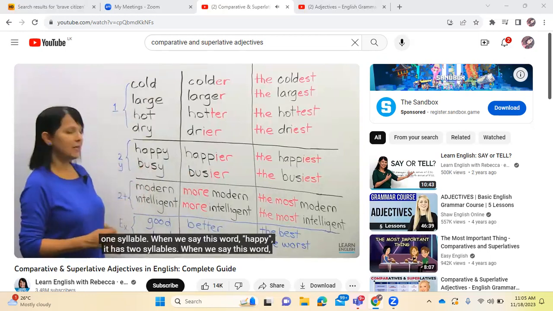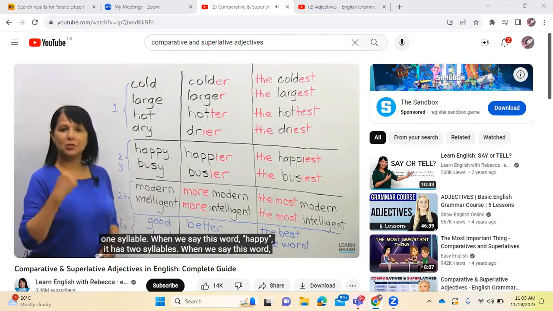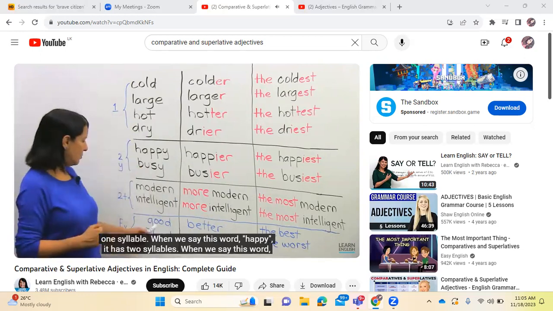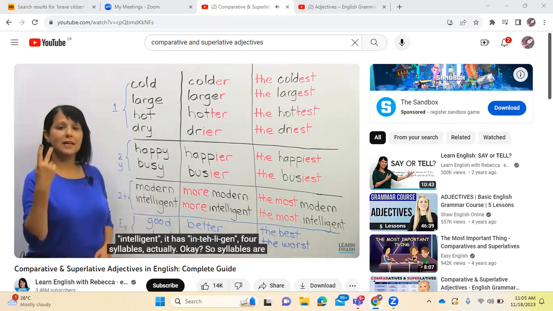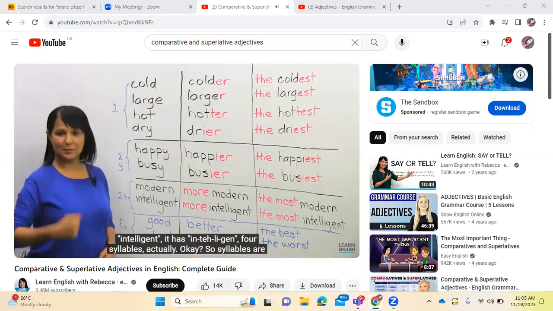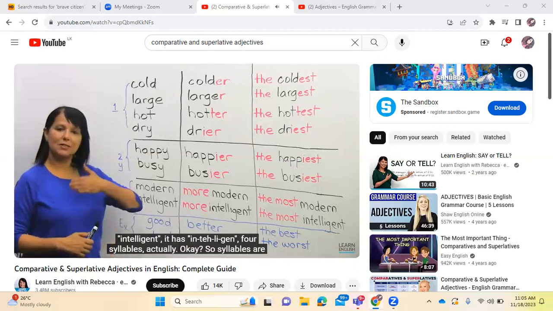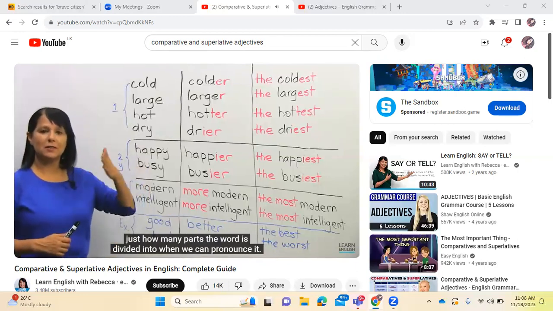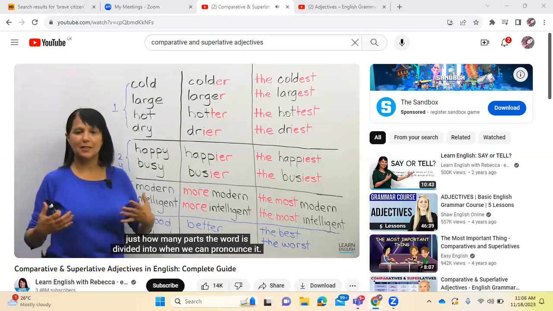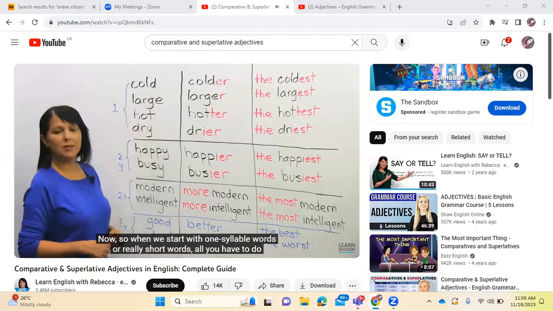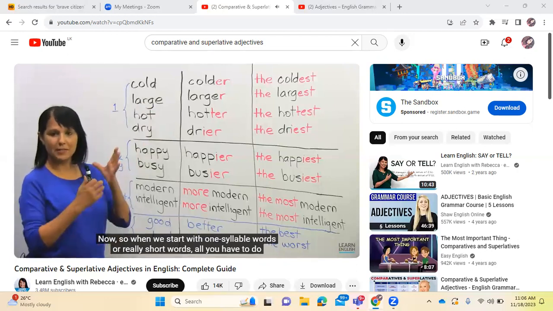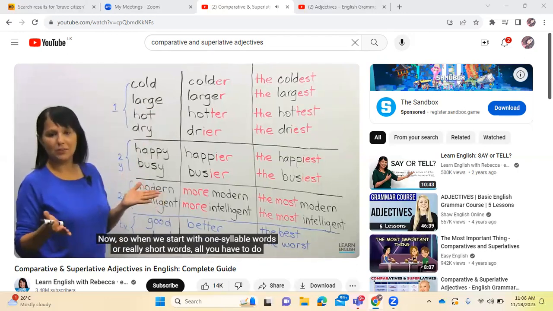When we say this word, happy, it has two syllables. When we say this word, intelligent, it has 4 syllables, actually. Okay? So syllables are just how many parts the word is divided into when we pronounce it. Now, when we start with 1 syllable words or really short words, all you have to do is